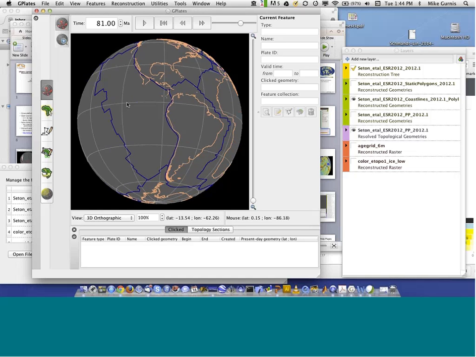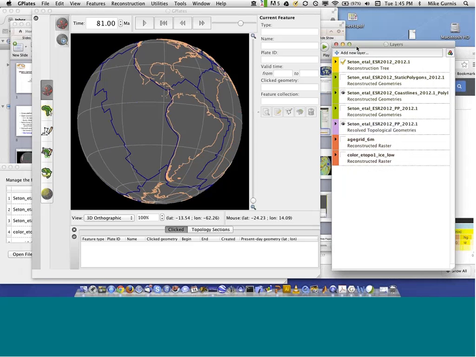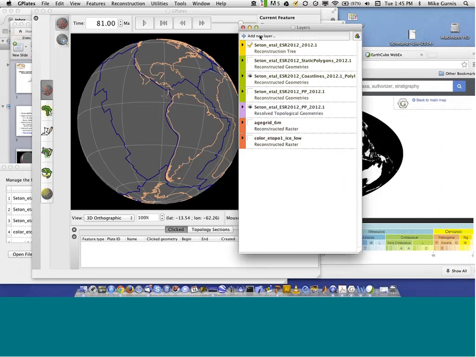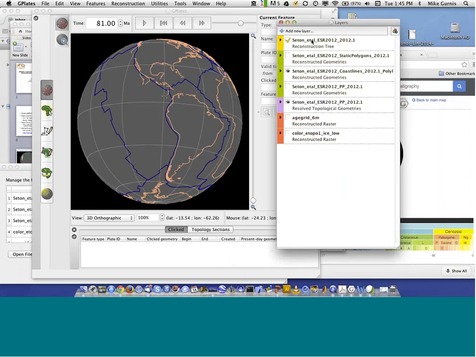So another thing that you may have noticed is that this whole panel over here came up at one point. And this essentially is just layering, just like in programs like Photoshop or even in GIS software, you can actually have lots of different layers and whatnot. Now, one thing I'm going to do, and I've already loaded the software in already, is